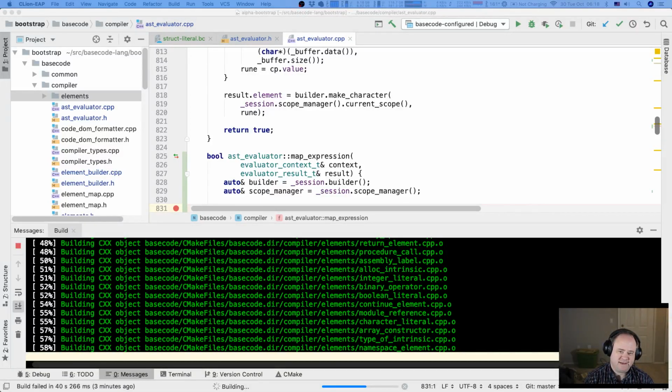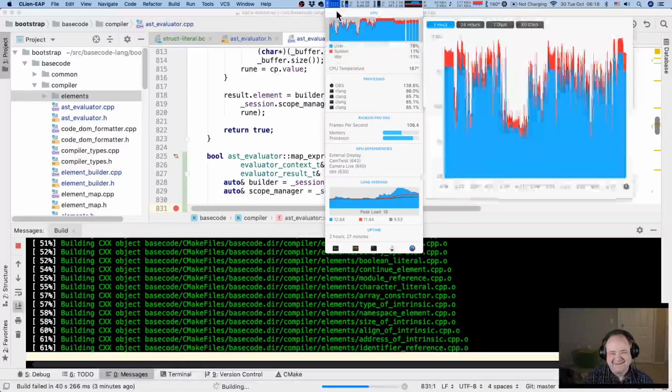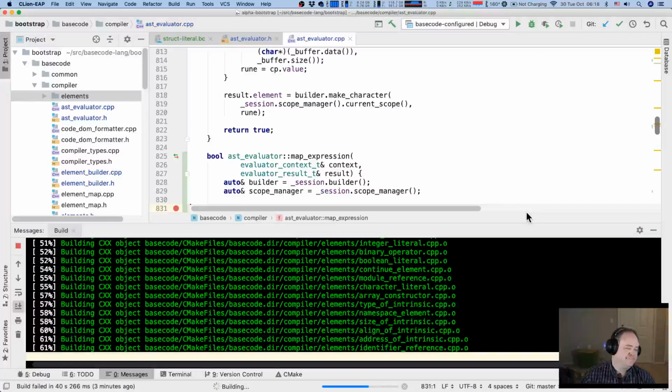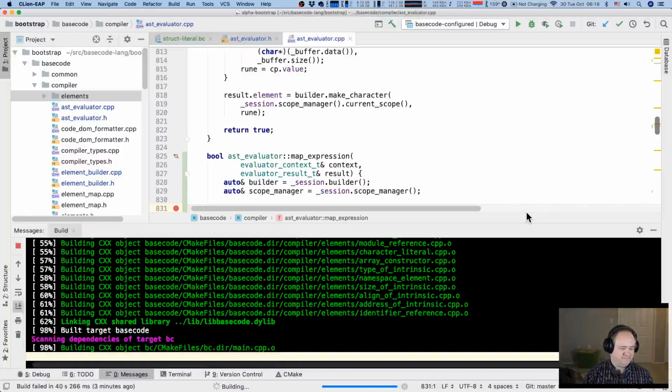It is insane how much CPU the C++ compiler takes. Clang, clang, clang, clang.